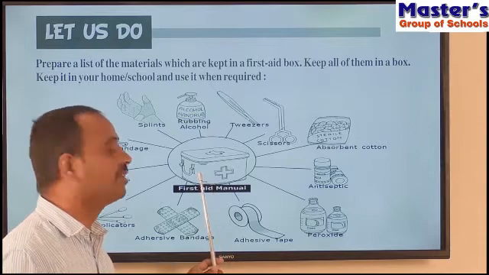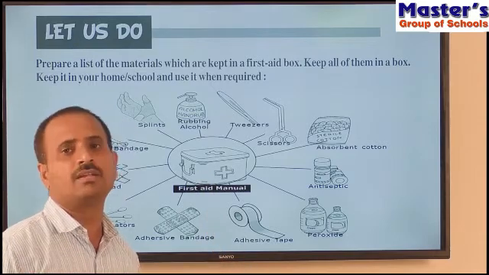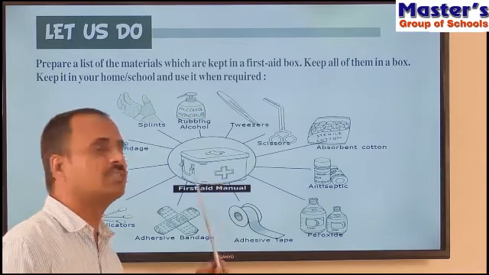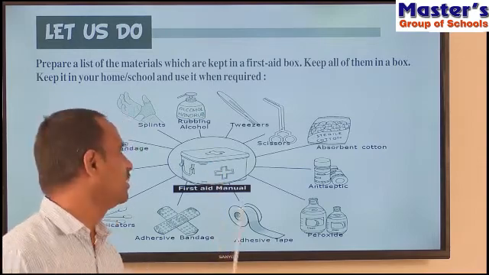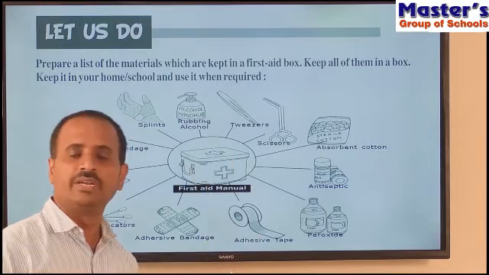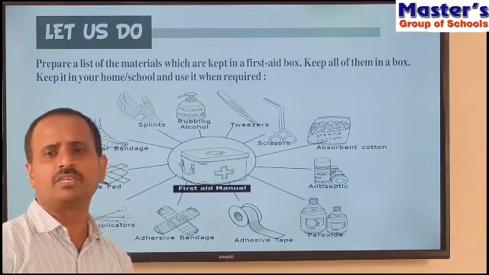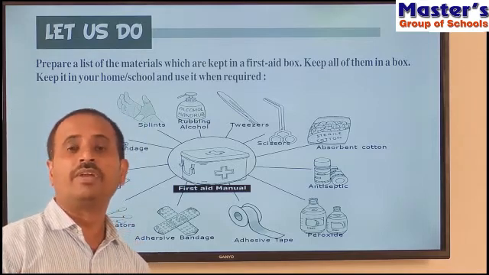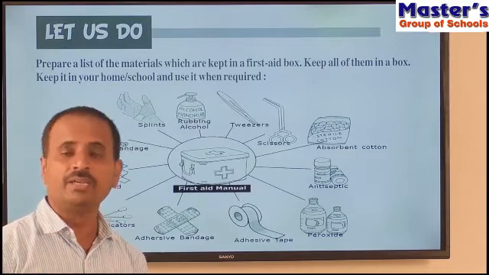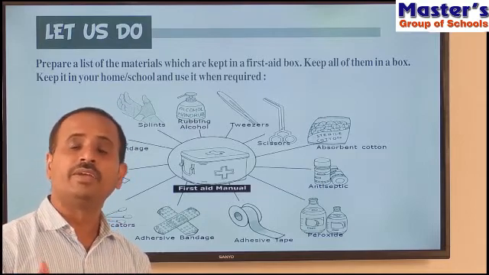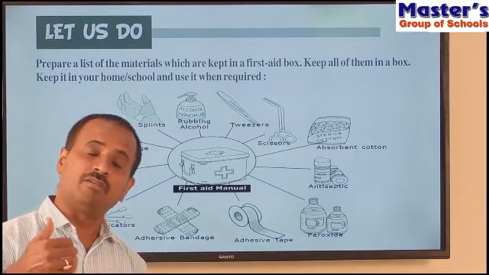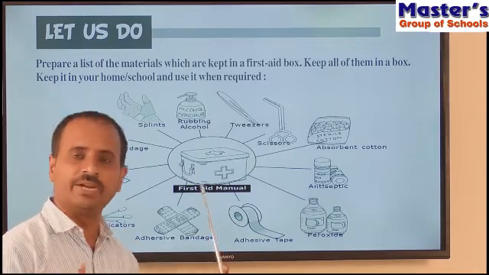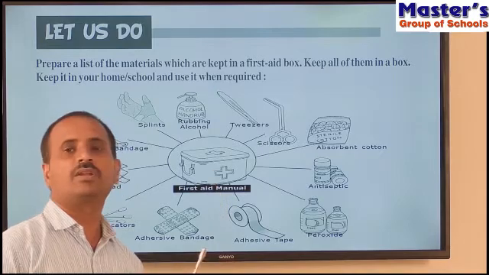Children, see, this is how the first aid kit looks. The first aid kit should always be painted red and you are observing a cross symbol on it. The cross symbol should always be in white color and the first aid kit should always be red. Why the red color for the first aid box? Because if any object is red, we can identify it very quickly and even from longer distances. That's why the first aid kit should always be painted red with the cross mark painted on it in white color.